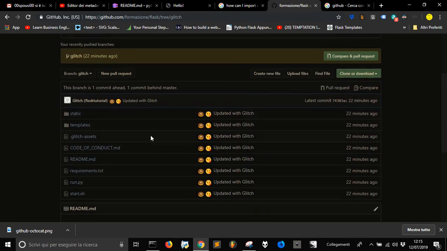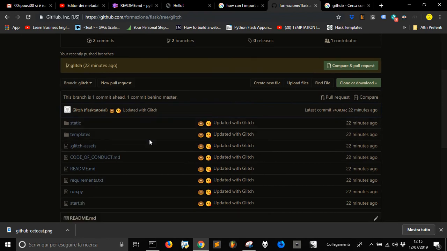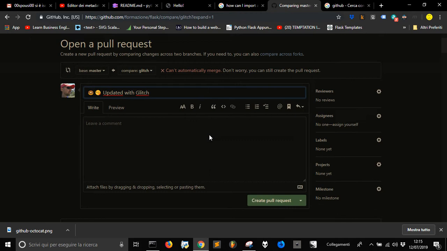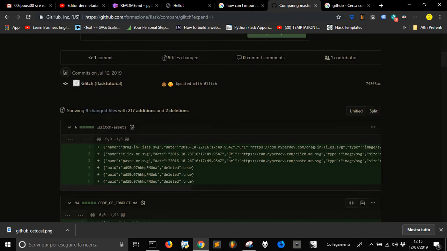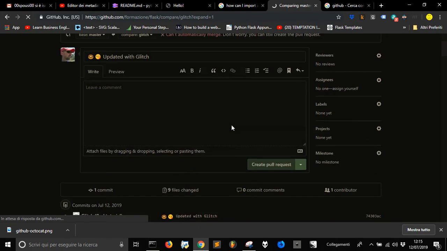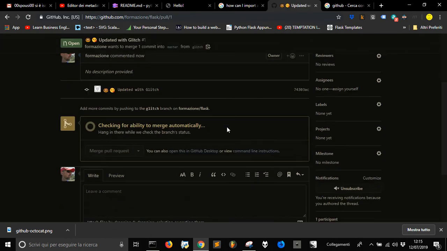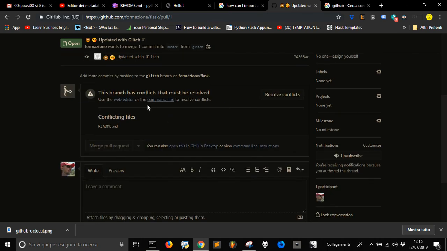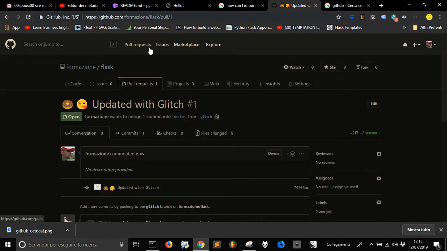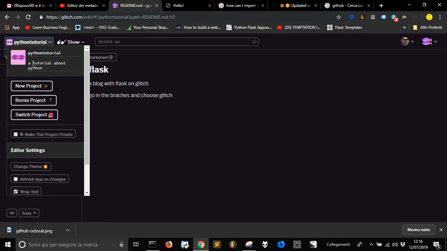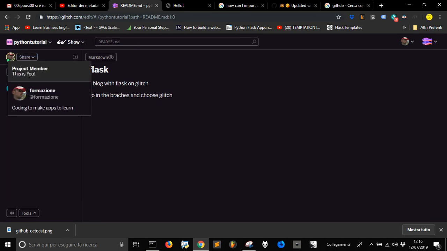Now we have to do another thing before we can import it. We've got to compare and pull requests here. Press this button, where you have all your files, then you create a pull request, and it is okay, has conflict that must be resolved. So maybe it's because I've got to go back to my